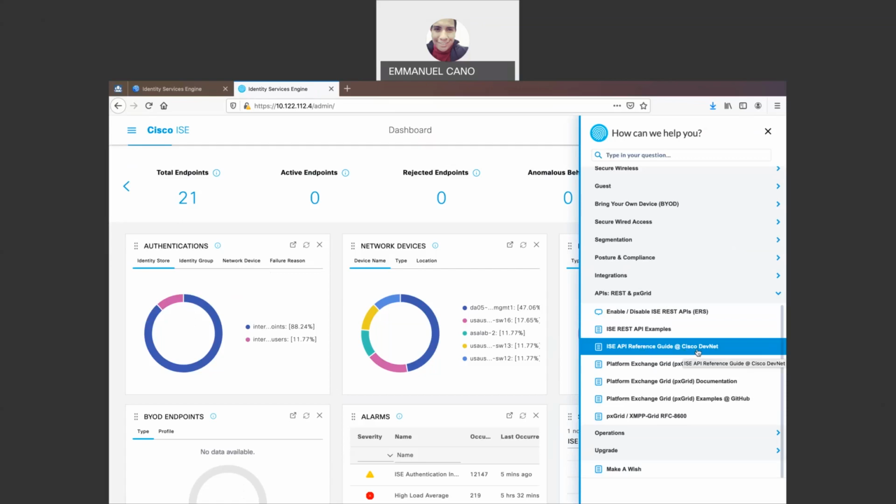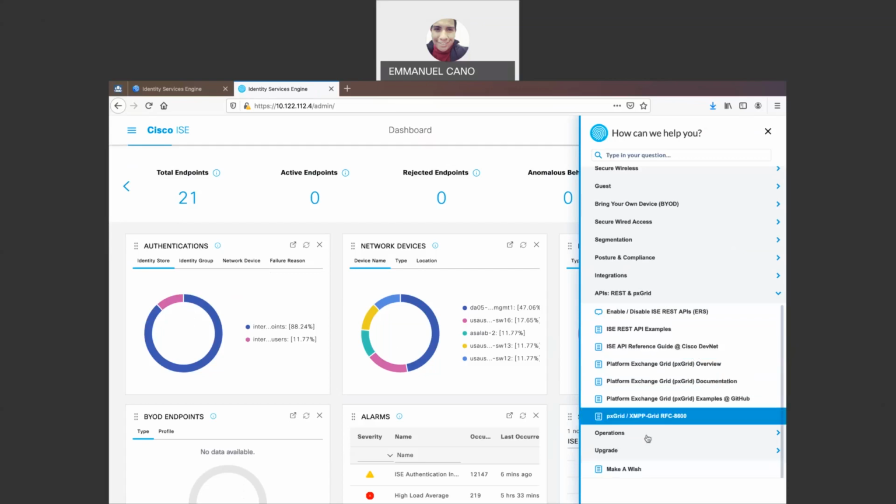So you can take advantage of the Cisco content with Cisco DevNet configuration and REST API examples. In the bottom of this new menu or submenu, you can see the Make a Wish. This is the next item that I'm going to talk about, but for now, let's close this out and